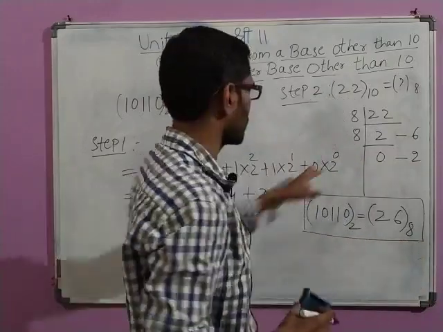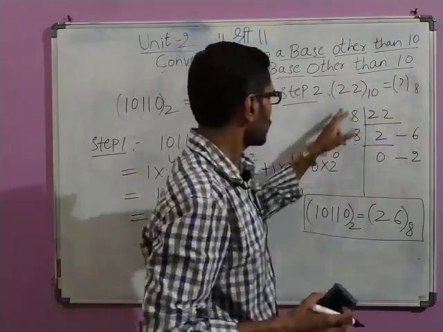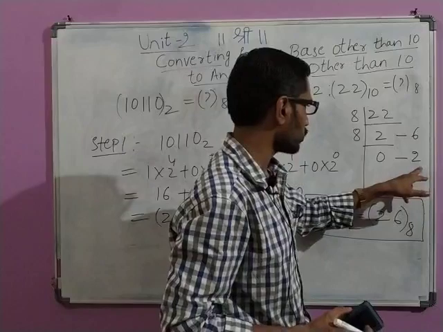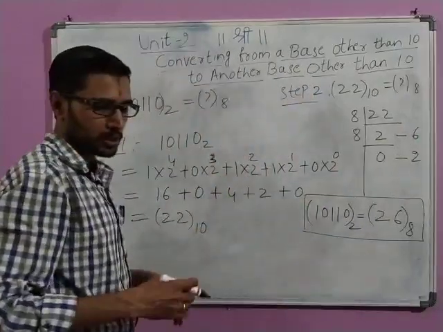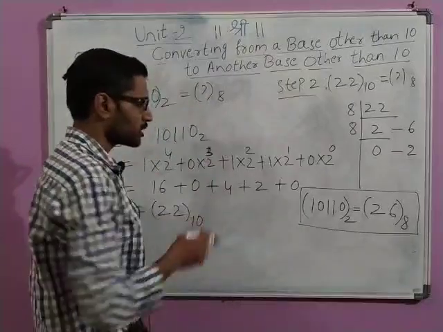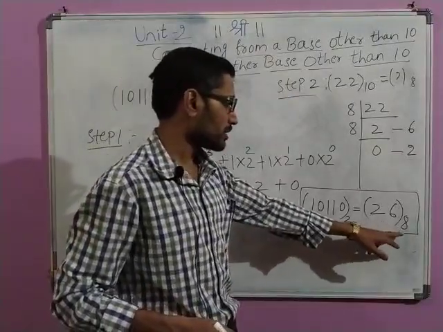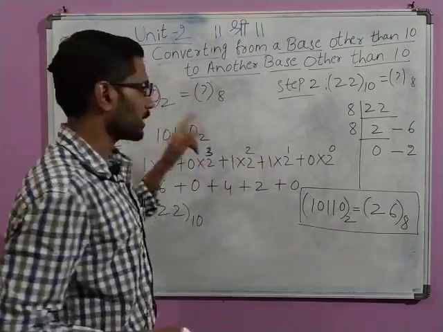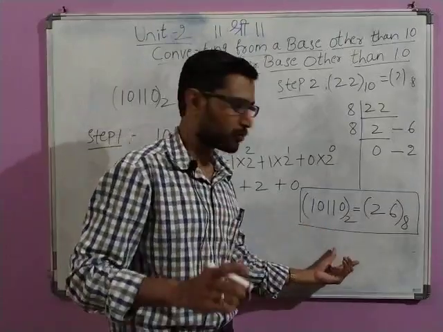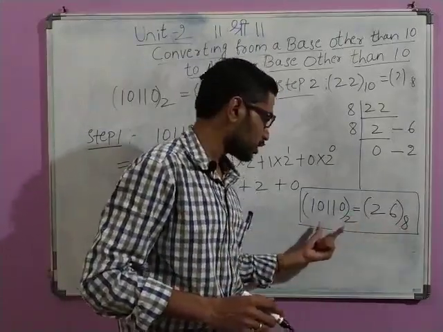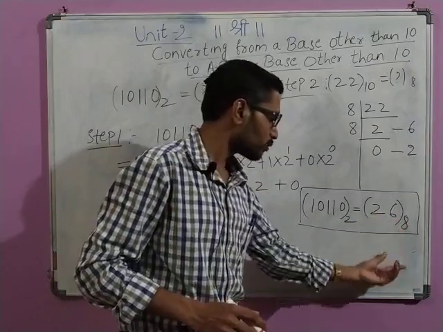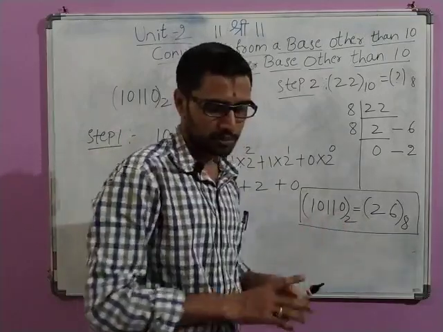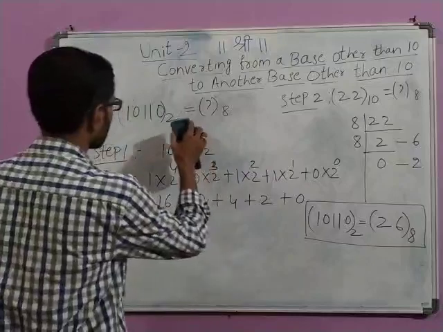I hope there is no mistake in this case. 22 to the base 10, so 8 2s are 16, remainder is 6, so the division is not possible, put 0 directly, 26. So this is how we can do it. If you want to take the reverse, what you will do? You will take 26 to the base 8 and convert into decimal, and that number you will again convert into binary, you will get the same result. I will leave that as homework for you. Take this number and try to convert into binary. You will solve it for decimal, and whatever result you get, you will convert into binary. So very simple. Let me take the next example.